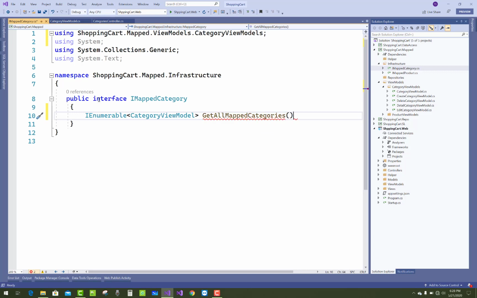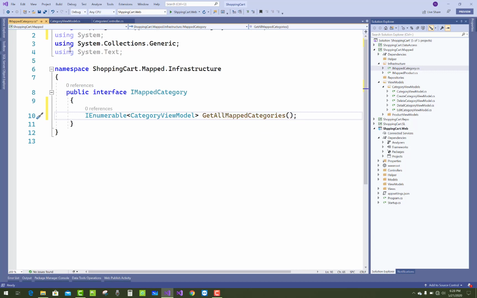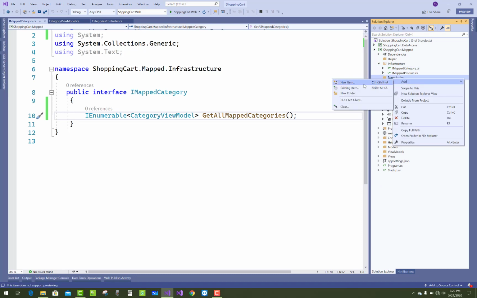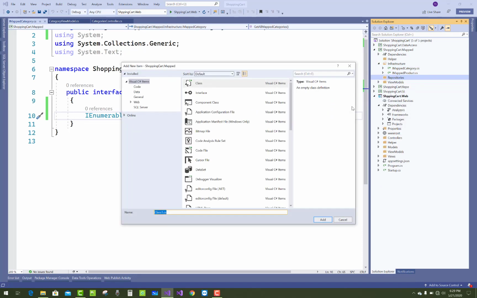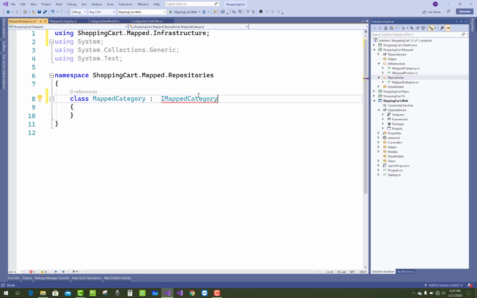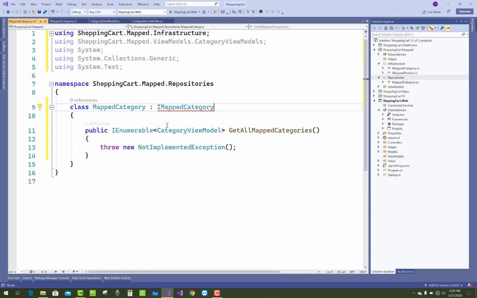So the first method inside IMappedCategory is created, and in the repository section you can create a new class that will implement IMappedCategory.